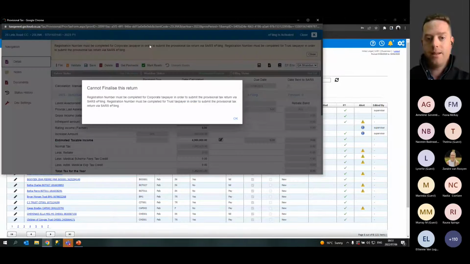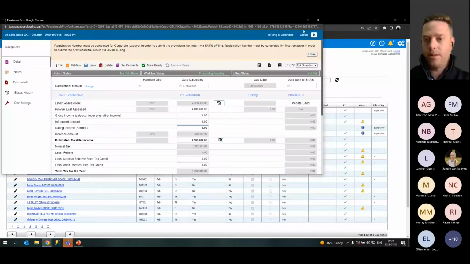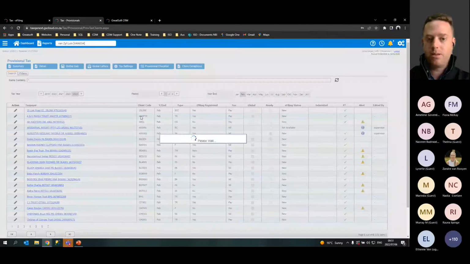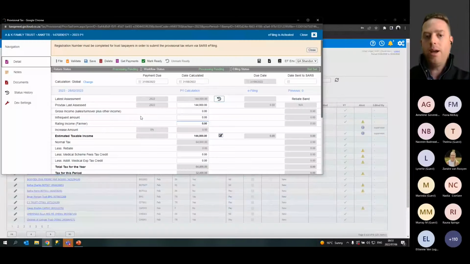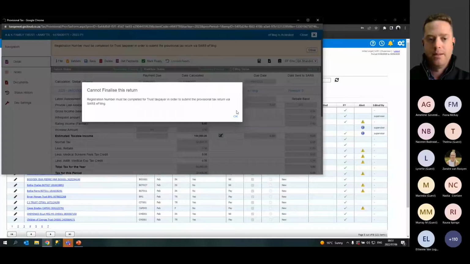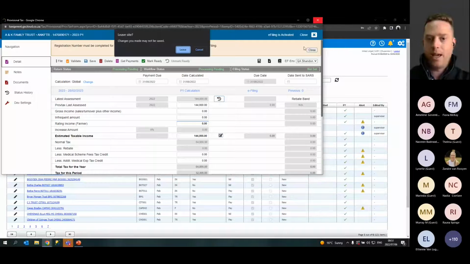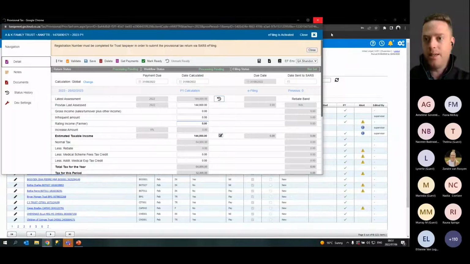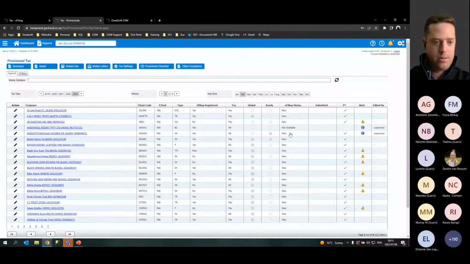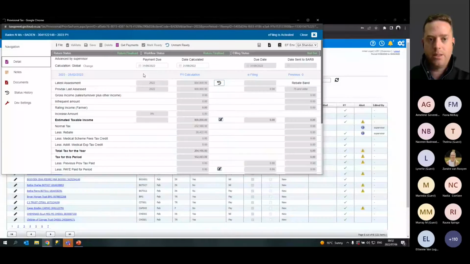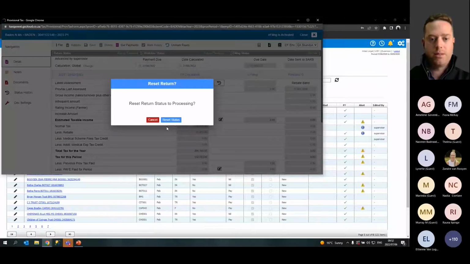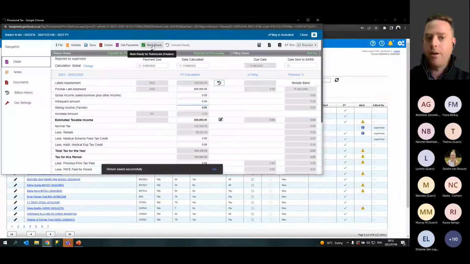So when I click this button, okay, we can't do it with that one. When I click this button, it will then allow us to actually mark this return as ready. And only when a return is marked as ready can we then actually submit the return to e-filing. So, sorry, let me just find one that I can actually show you. Okay, so this one's already been marked as ready, so I'm just gonna reset it, and I'm gonna mark this